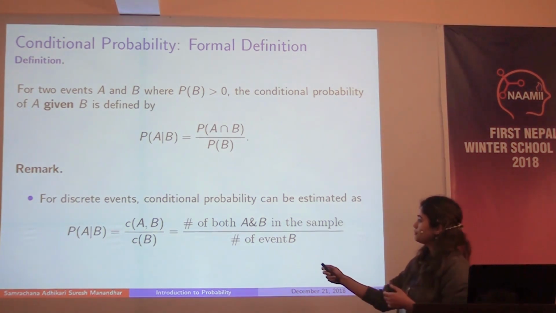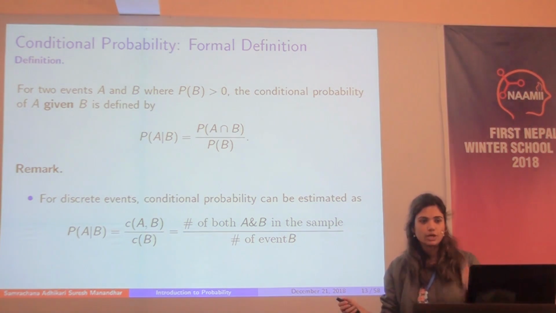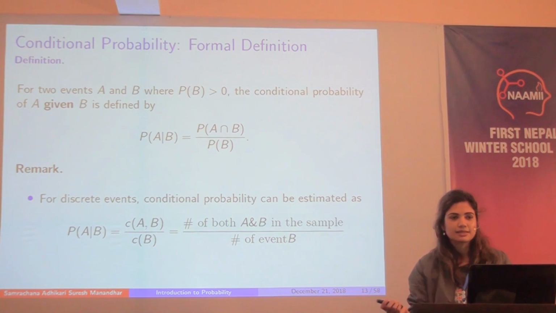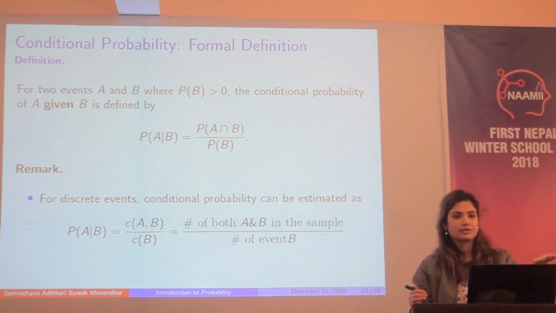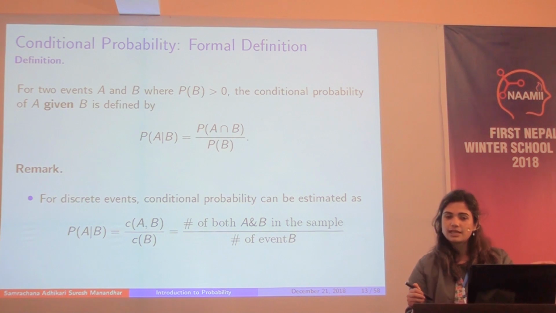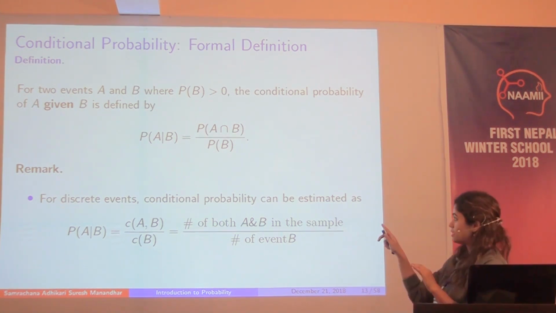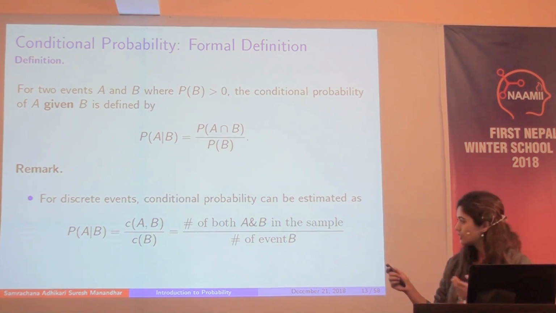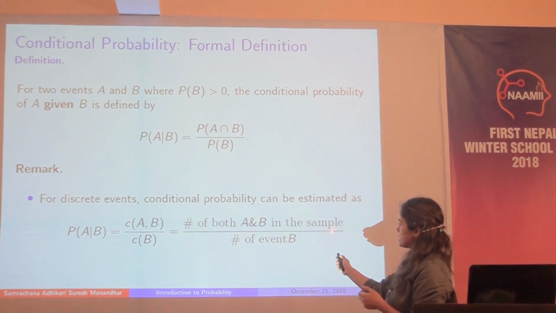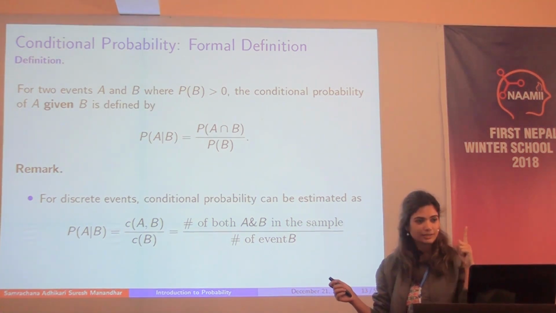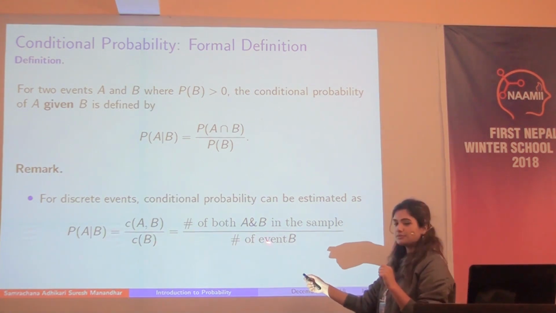So again, if we're talking about discrete events like 1, 2, 3, 4, 5, 6, in the example of dice, there could be the probability of A is an even-numbered face, and then B is just the probability of getting a 2. Then A and B overlap in 2, right? So A and B is just P of B. So the number of times both A and B are in the same sample or same set, which in the example of dice I just told you is just 1, and then the number of event B.